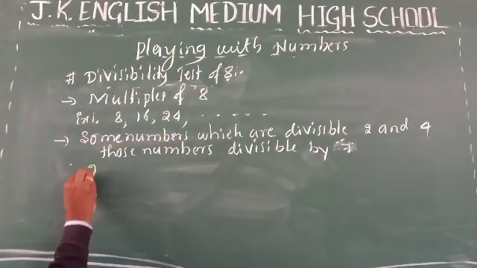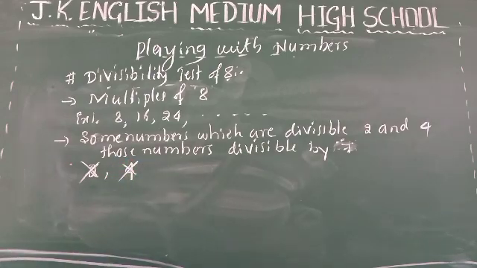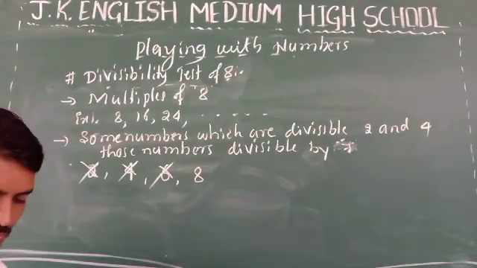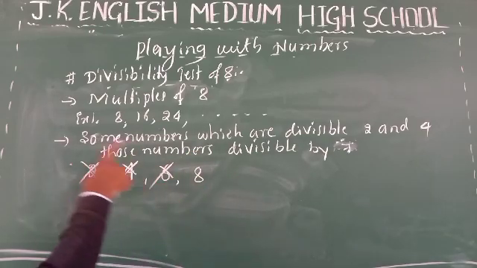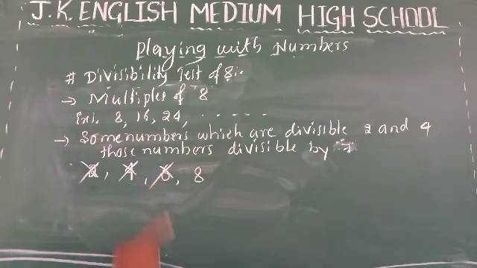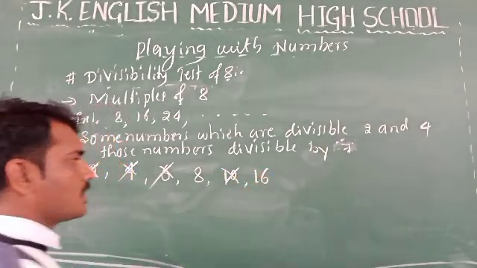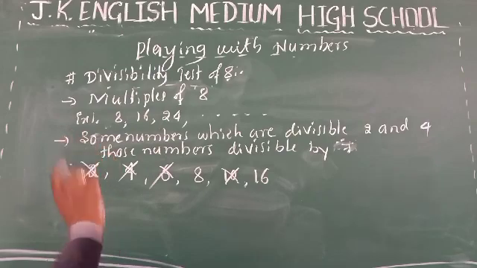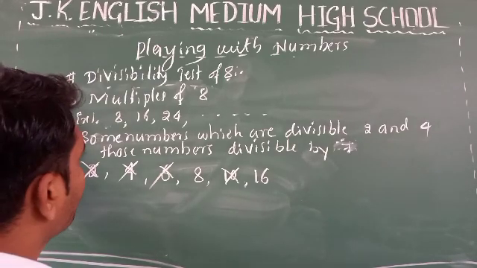Look here. So 2 is there. 2 is not divisible by 8. 4 not divisible by what? 8. 6 not divisible by 8. But 8 is what? Divisible by 8. Means 8 and more than 8. Only the numbers are divisible by what? 8. Those numbers should be a multiple of 8 or even numbers. Like 10 is not divisible, but 16 is divisible by what? 8. These two are the rules of the divisibility test of 8. Understood? Okay.